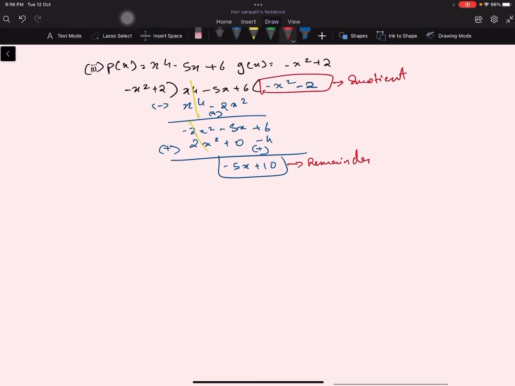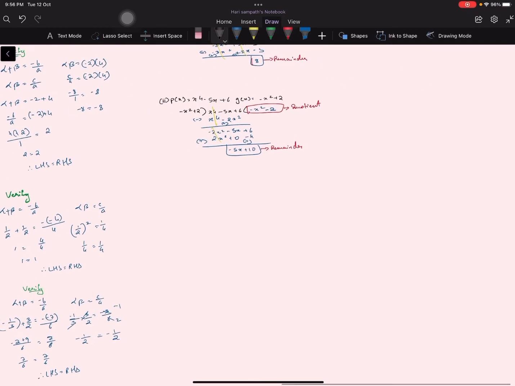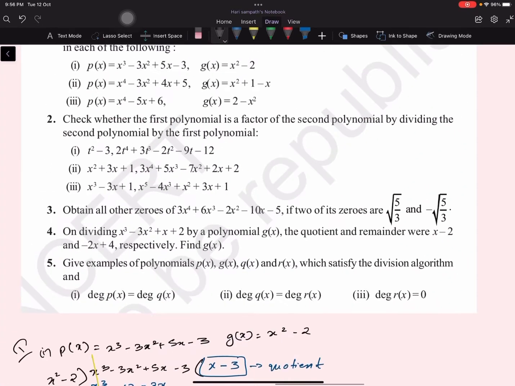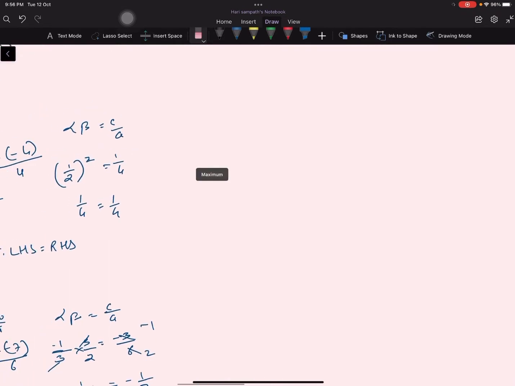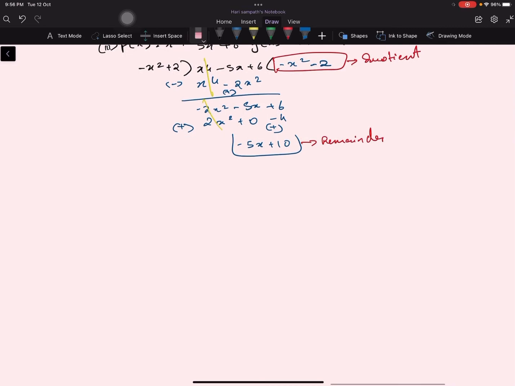So moving on to the second sum. All you have to do in the second sum is take this equation and divide the entire equation with this equation. So that's what we are going to be doing. It's very easy, and the trick is to see what is smaller and divide it with that.